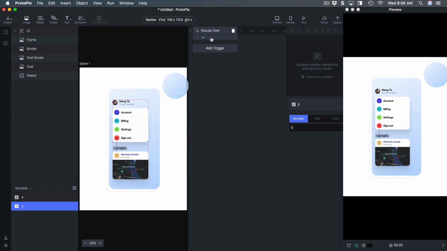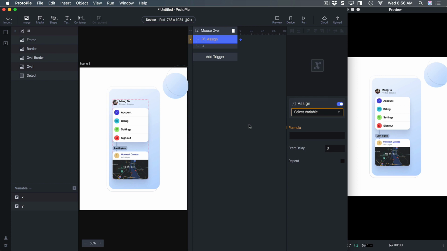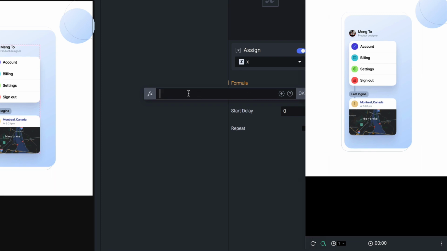Okay, so once I have those variables, I can decide to assign them to the mouse over values. So first of all, I need to create a response called assign. For assign, I can assign to any of the variables that I have, such as X, and then use the value from a formula. A formula, as I explained previously, can get anything that is dynamic. So for example, I can get the width or height or positioning of something. In this case, I'm just given a dynamic variable called